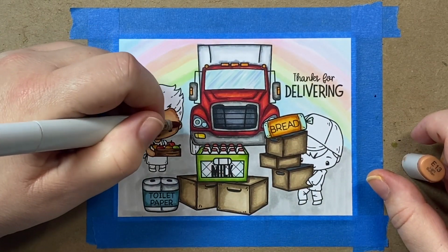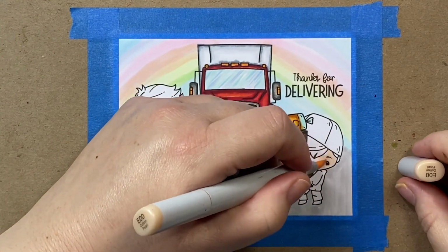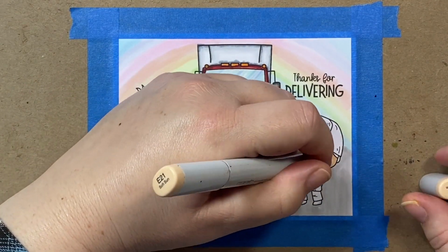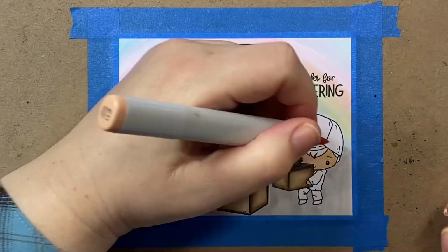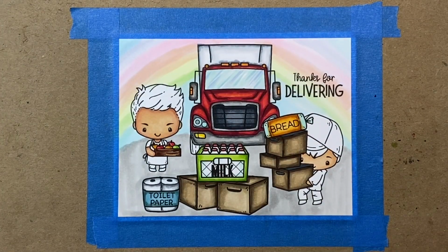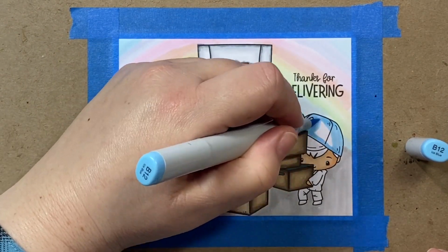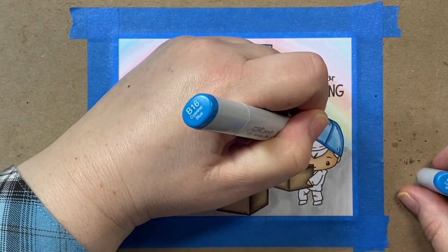And I'm just adding the darkest shades around the hairline, by the chin, under the neck. And then for this little delivery boy, we're going to give him a base of E00 and then add some shading in with some E21. And then E11 for our darkest shading there, right around the hairline and the edge of the cheek and the little ear. And then for his hat, we're going to give it a base of B12 and then B16